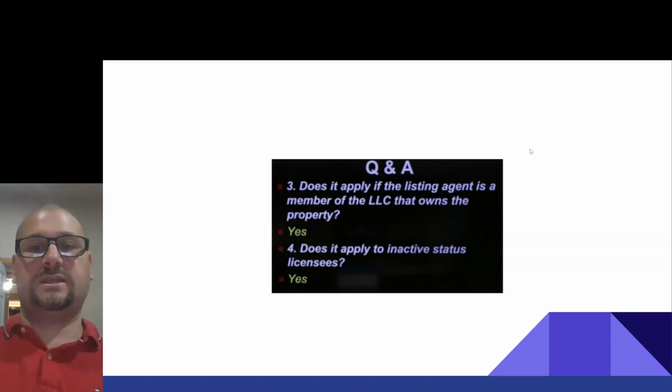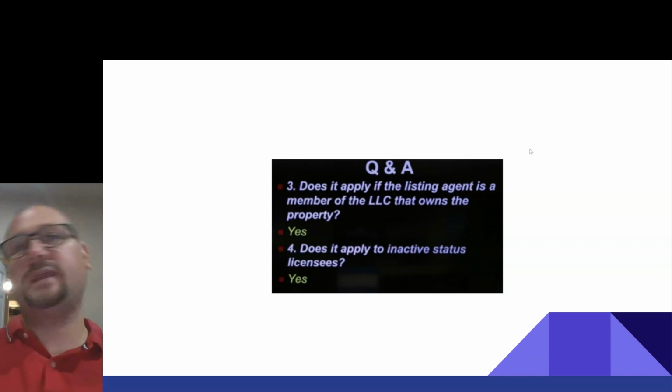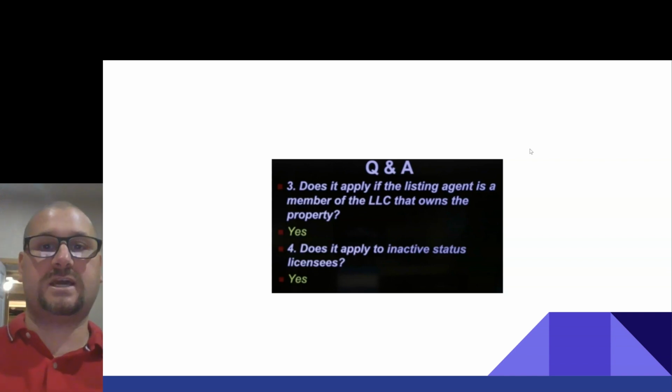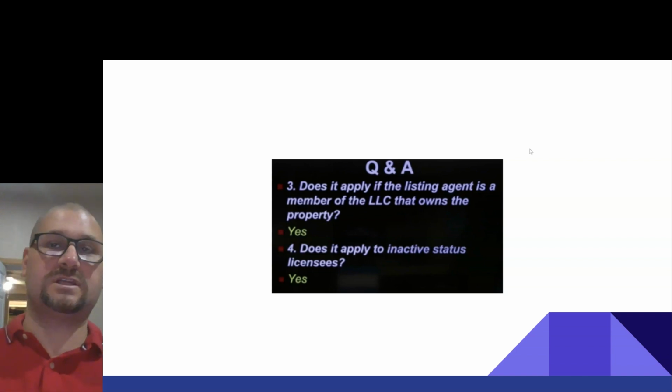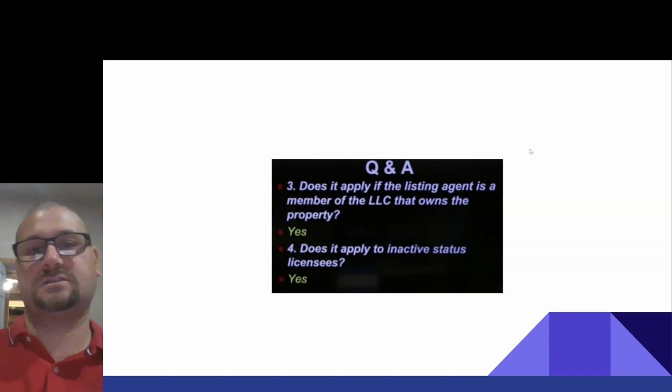Does it apply to inactive status licensees? Yes. So if you're an agent and your status is inactive, but you're doing some advertising, you still have to disclose owner agent.